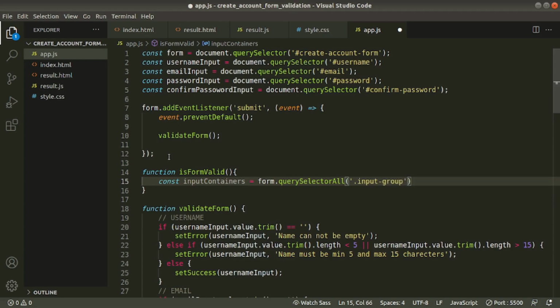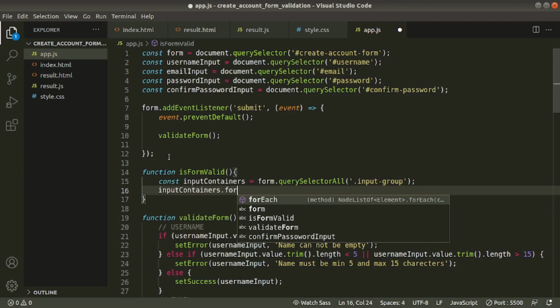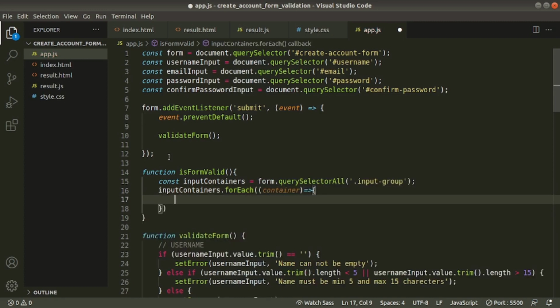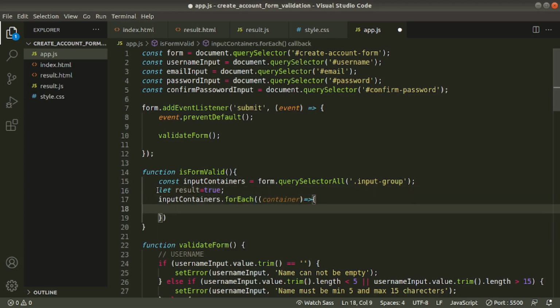So we got all parents. Now we check whether each parent contains the error class. If one of them contains the error class, we stop submitting. If none of them contain it, we allow submitting. inputGroupContainers.forEach, container. Now I'll create a variable here: result is true. Now we take each container, or div.